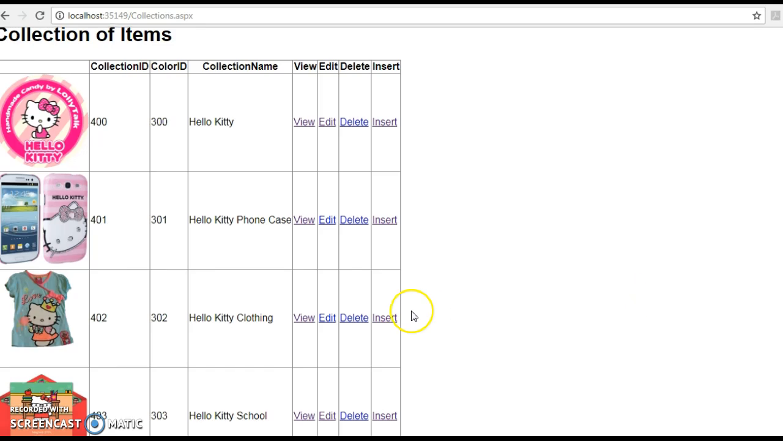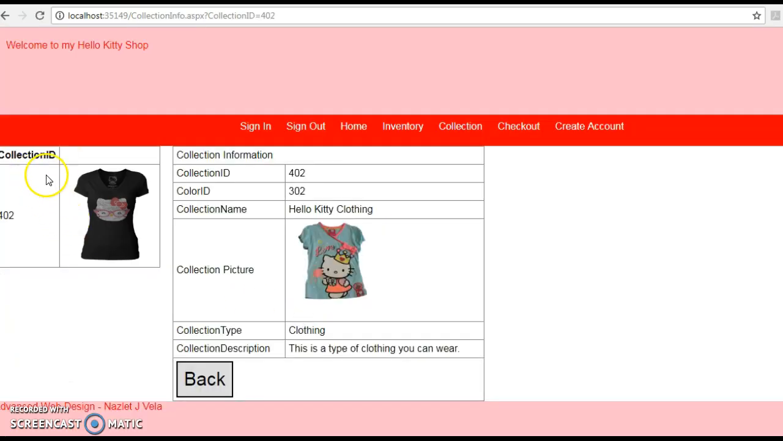and if you want to continue, you can go into the next one, which has a description as well. You click view, and it will show you another collection of my Hello Kitty items. This is for the clothing, and the collection type is the clothing. And then you can go back,